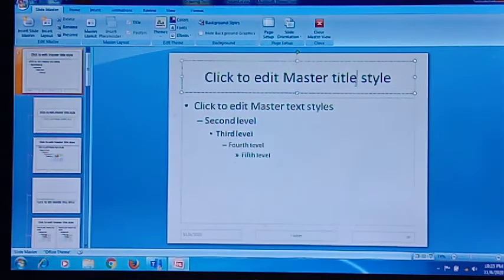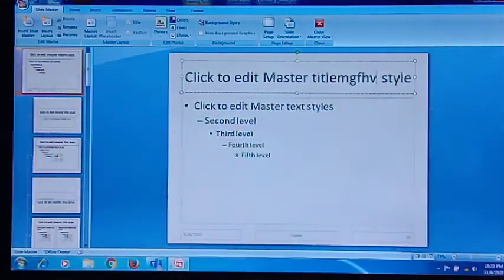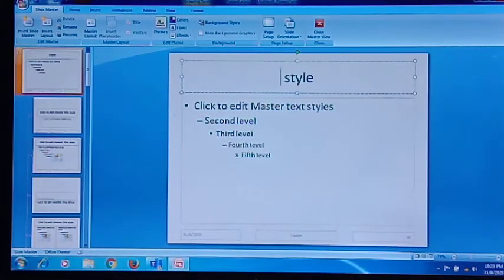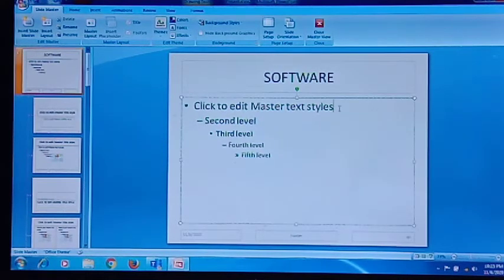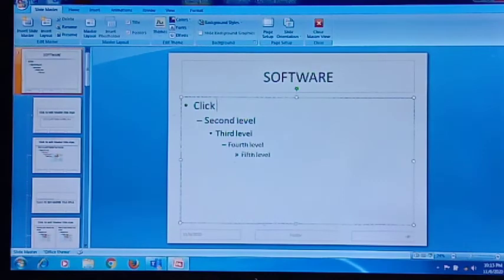This is the slide title placeholder. Here you can edit, you can delete. Suppose you want to delete and write down about software. So we can write down here software. Here also we can edit. Suppose this is the template which is given. In this style we can type. Suppose software, here we can write down the definition. So it is a set of instructions.